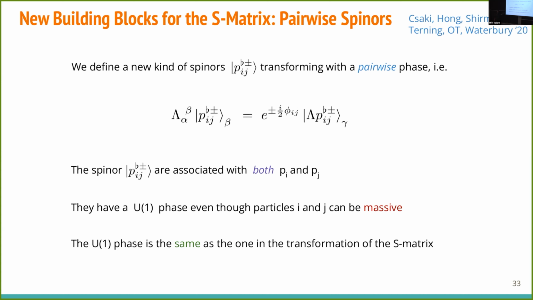And now I just run with it. I can say what I'm scattering. I can put together the old spinor helicity variables and the new ones such that they saturate the right transformation rule. And voila, I fix the form of the S matrix up to a little group invariant. Questions about this?